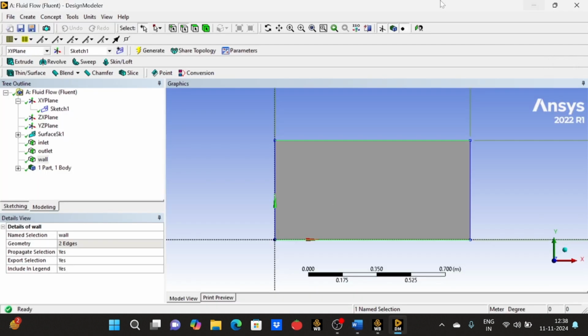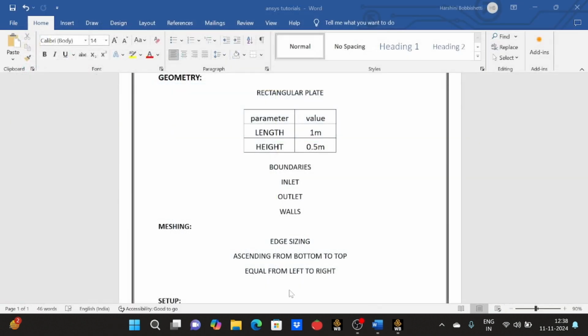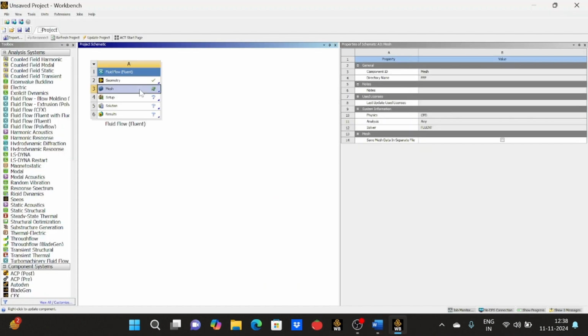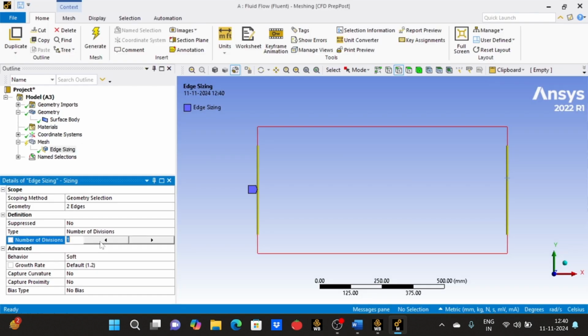I'm going to close this DesignModeler geometry. And now I'm going to open the mesh file, that is go to mesh and right click and edit. The length is 1 meter, so I'm taking about 10 divisions. First we'll check with 10. We can make it more precise. I will take 100 divisions, then